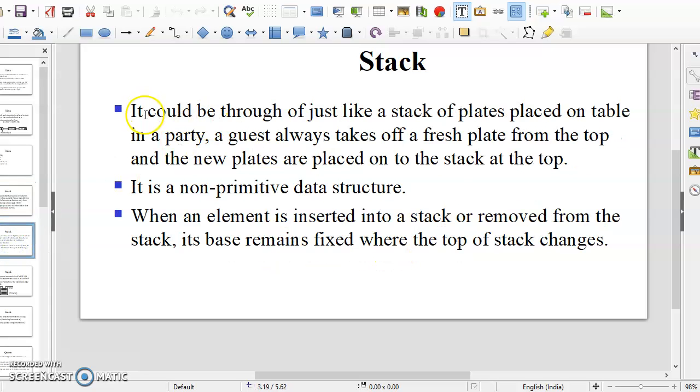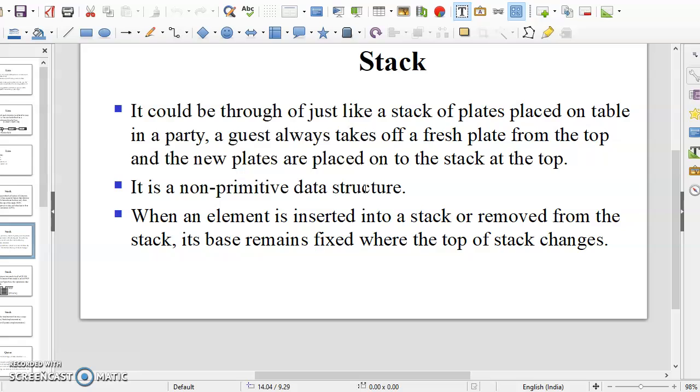It is just like a stack of plates placed on a table at a party. A guest always takes a fresh plate from the top, and new plates are placed on the stack at the top. It is a non-primitive data structure.